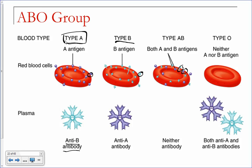So it's going to be type A. What do you mean? I don't think we get blood, right? No, actually,